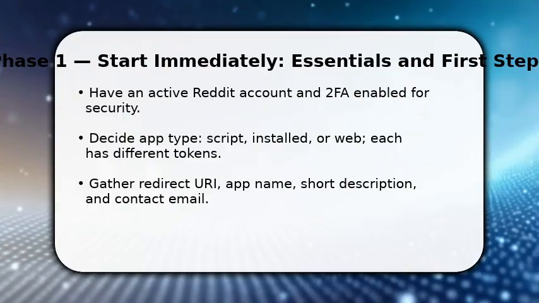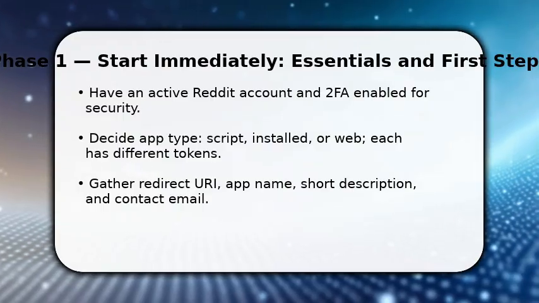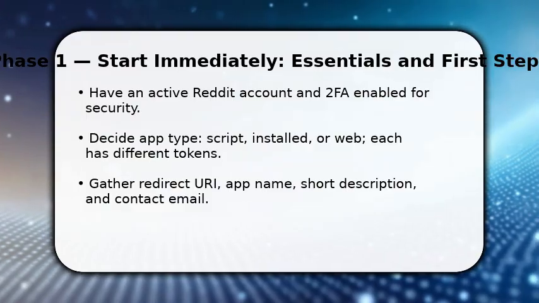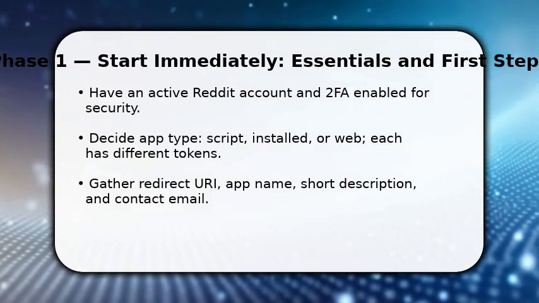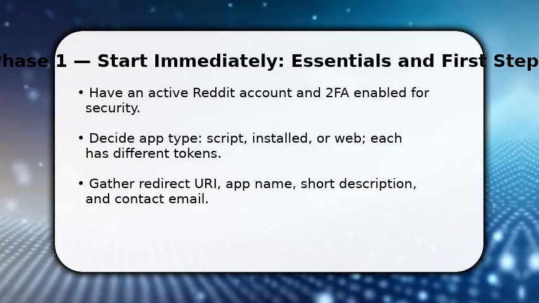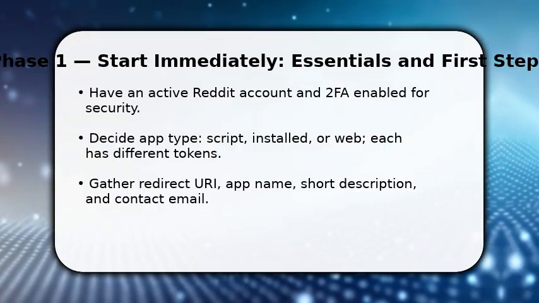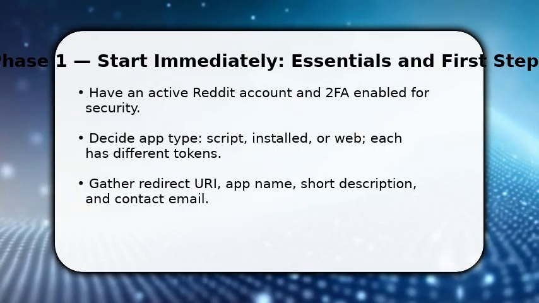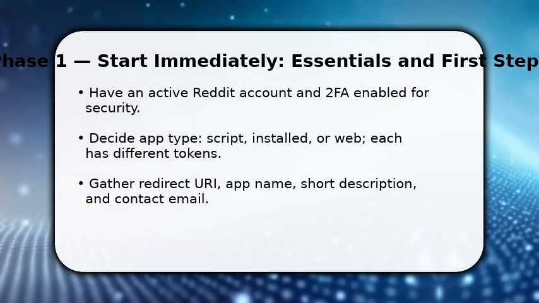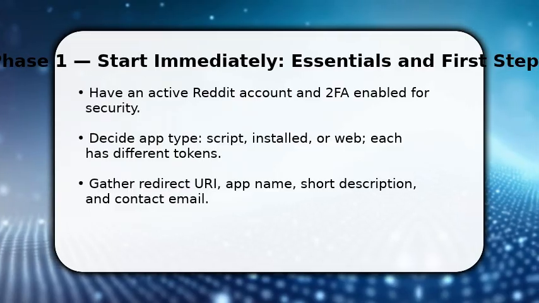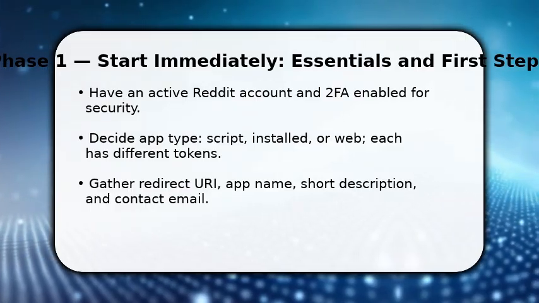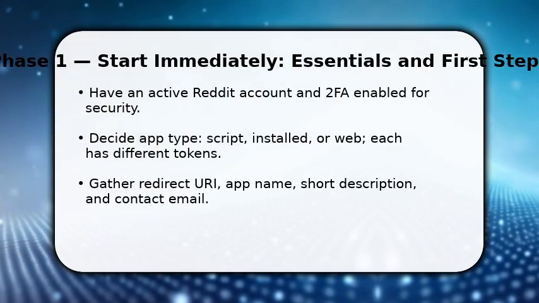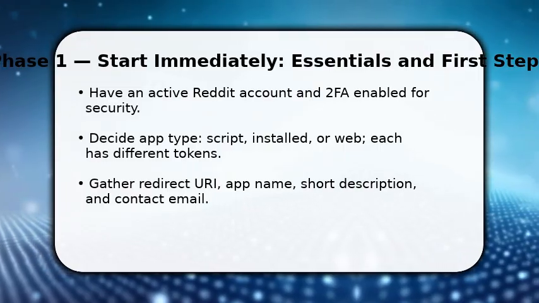You start by preparing your Reddit account and choosing the right app type for your project. Enable two-factor authentication now because Reddit may require it for developer access. This protects your client secret. Next, pick whether you need a script app for bots, an installed app for local clients, or a web app with a redirect URI. Once you decide, log into Reddit, open the Developer Apps section, and click Create App to